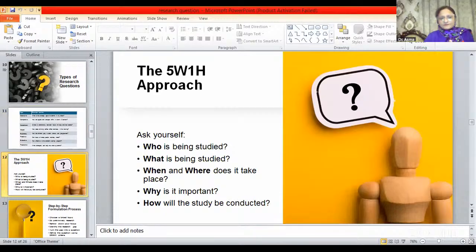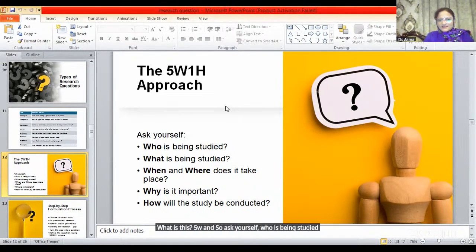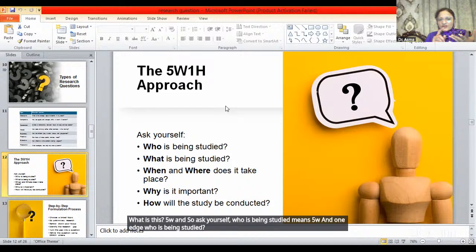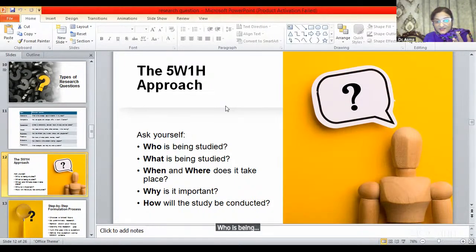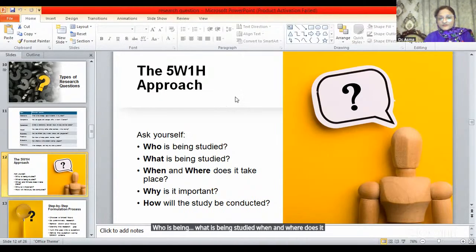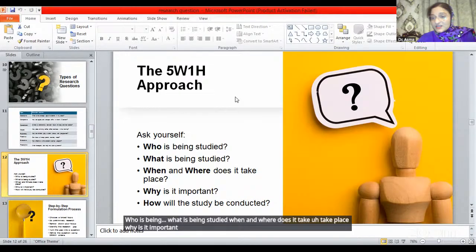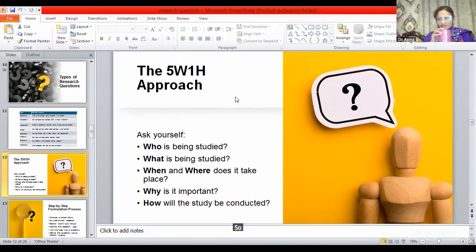Now, the 5W and 1H approach. What is this? 5W and 1H. So ask yourself, who is being studied? What is being studied? When and where does it take place? Why is it important? How will the study be conducted? So this kind of approach you need to